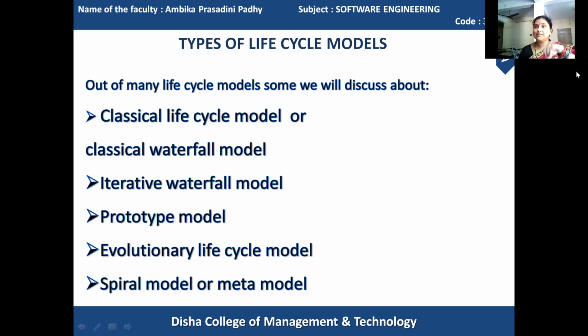This facility is directly available in the iterative waterfall model. And the rest of the life cycle models have this feedback facility, moving back to the other stages, identifying the errors and rectifying the errors in whichever stage it is. So these are not major points in other life cycle models, only if you leave out the waterfall model. The iterative waterfall model provides you a cycle of activities to be performed again and again if required.